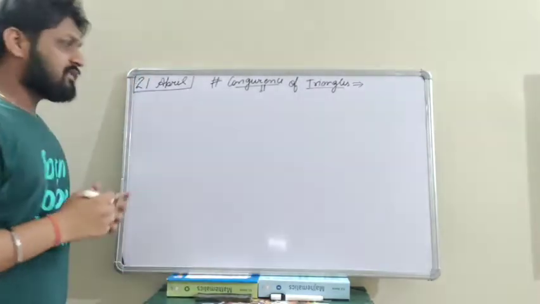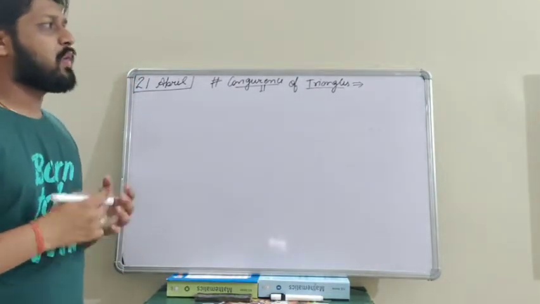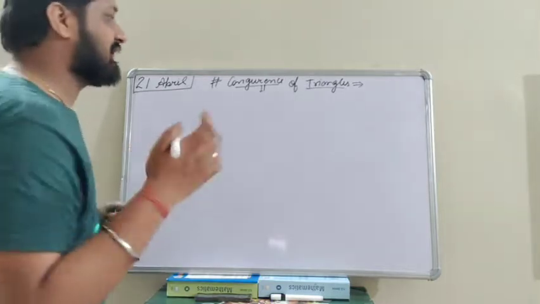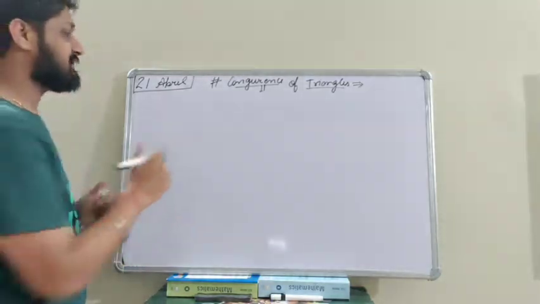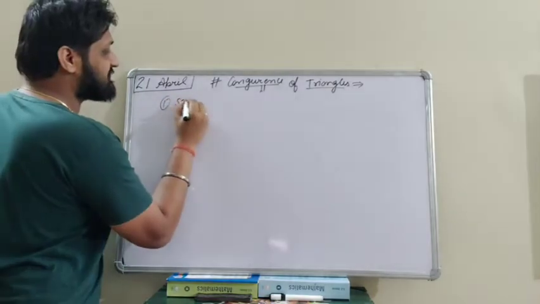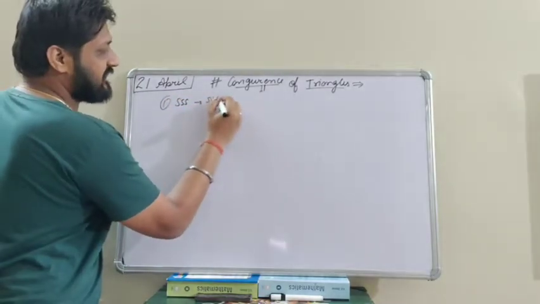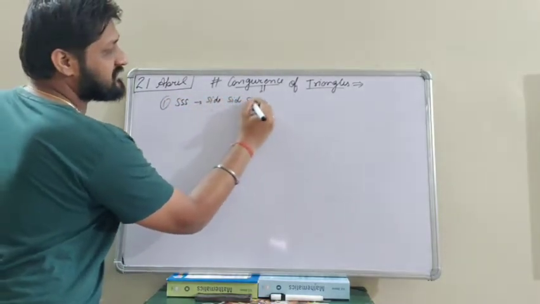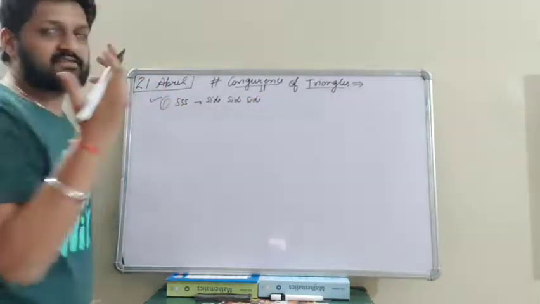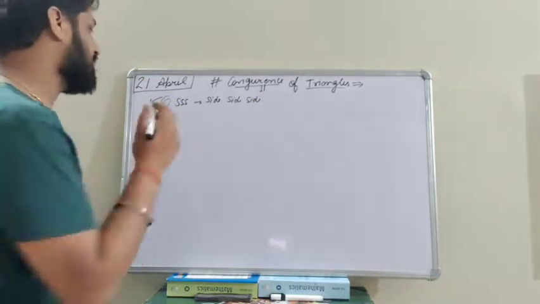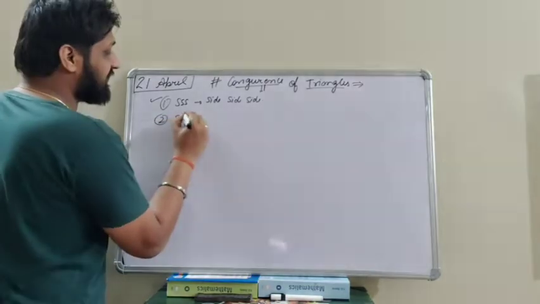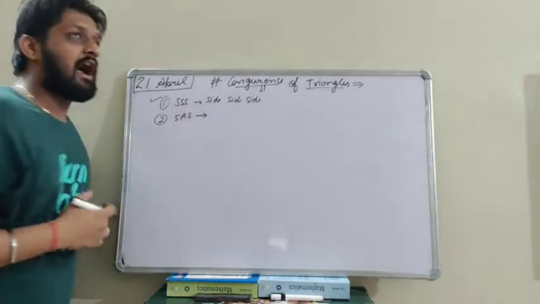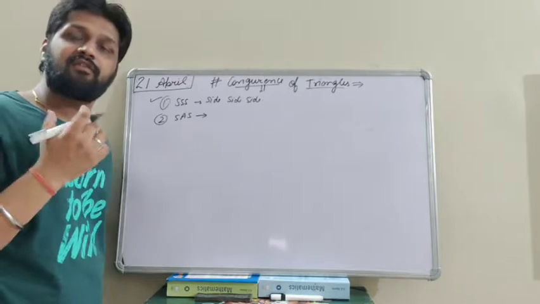Now we were discussing the concept of how to make two triangles congruent, and for that we have four criteria, and the first we have already discussed, SSS, that is side, side, side, in the first video of this chapter. Now let's do the second criteria, that is side, angle, side. Now see, how can this criteria be followed? How can we use this criteria?